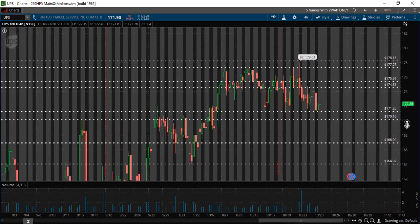Bullish entries, I'm looking at confirmation at 174.50. Now, I'm not going to enter here. This is confirmation to say, okay, well, we broke 174.50. Great. 175.50 would be a good entry point. Not a great one. I'll explain why. 175.50, riding that to 177.5 or potentially to all-time highs. Now, why do I say it's a good one, but not a great one? Because you can enter at 175 and you can get